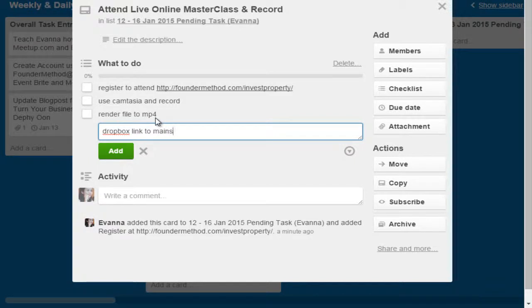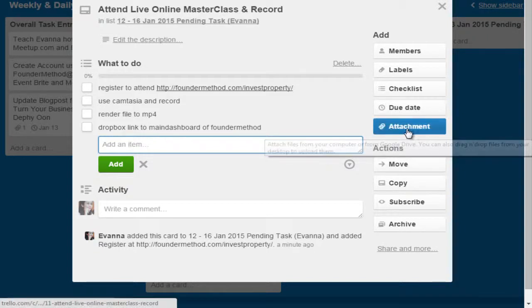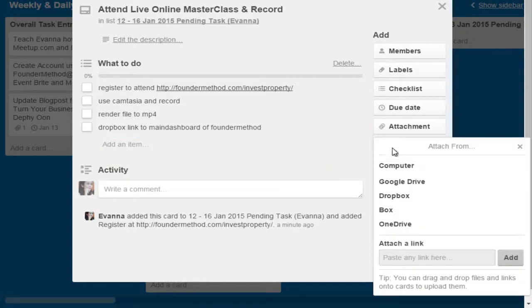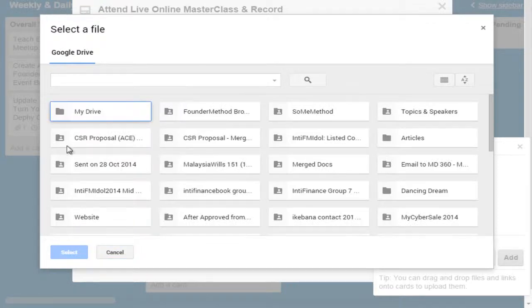main dashboard of Founder Method. Okay, so what is the main dashboard of Founder Method? So I can go here. You can see I can integrate with computer, Google Drive, Dropbox, or anything. Because I integrate with Google Drive, it's very convenient.